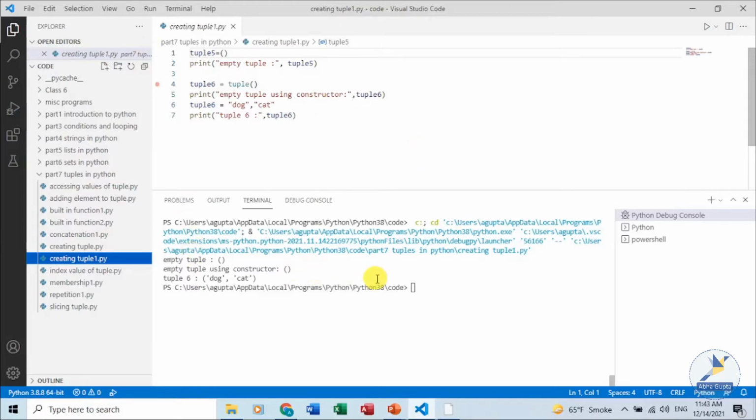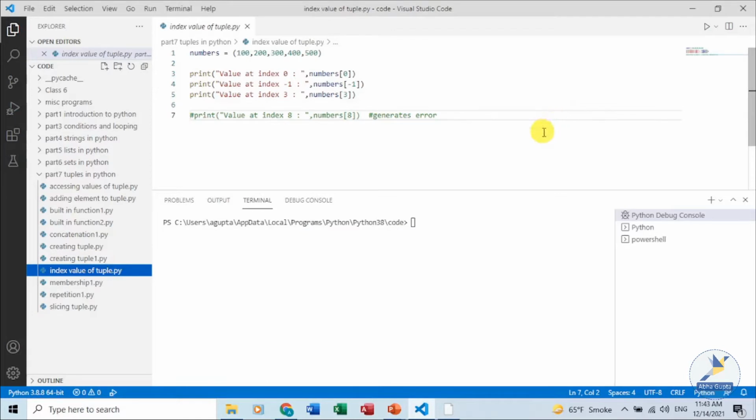Each item in a tuple is stored according to its index. An index value refers to the position within a tuple. An index could be a positive index or a negative index. A positive index starts from 0 from the beginning of the tuple, and a negative index means counting backwards from the end of the tuple, like -1 or -2 and so on. An index should always be an integer.